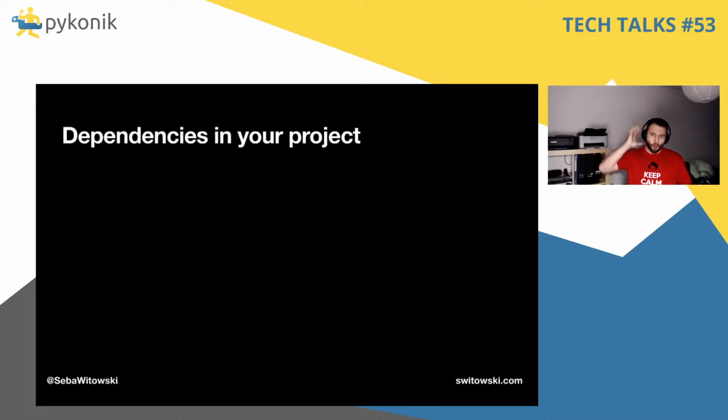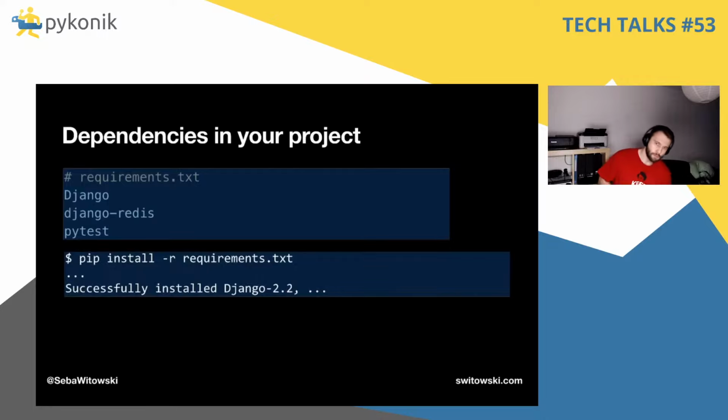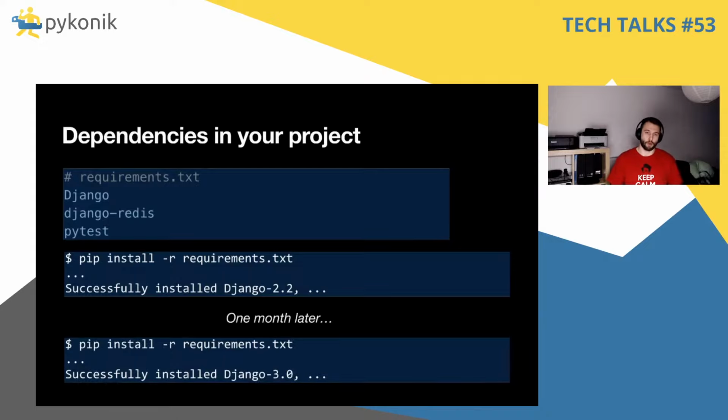Okay, so we have all those tools set up and we are ready to work on our Python project. We are probably going to use some additional Python packages, so we have to decide how we are going to manage them. One way is to manually add names of packages to a requirements.txt file. Then you pass this file to pip by running pip install -r requirements.txt, and pip will install packages from this file. But there is a problem with this approach.